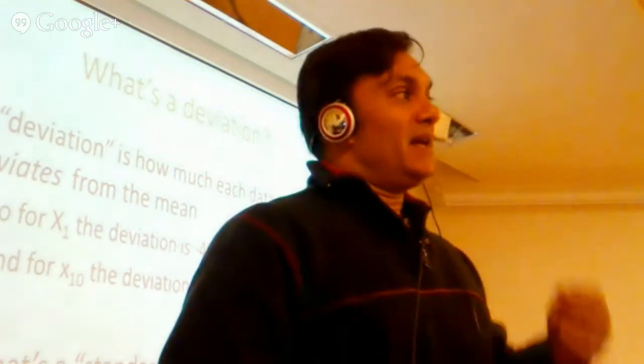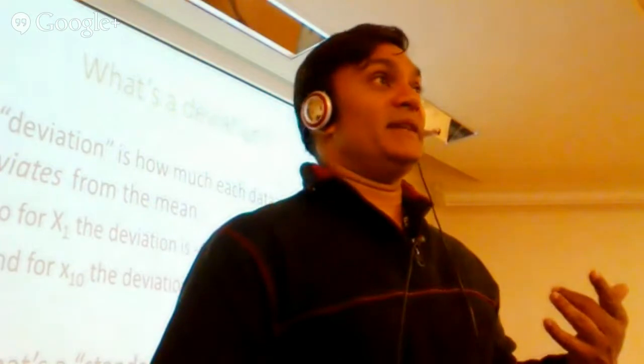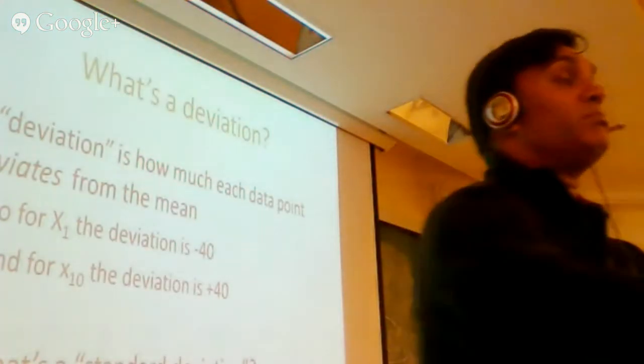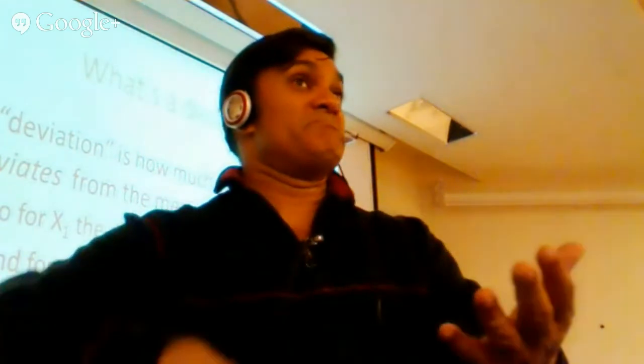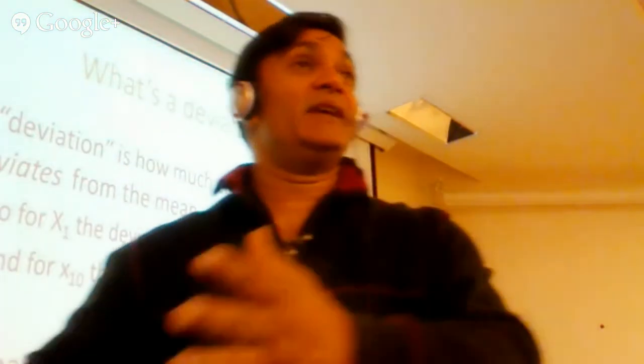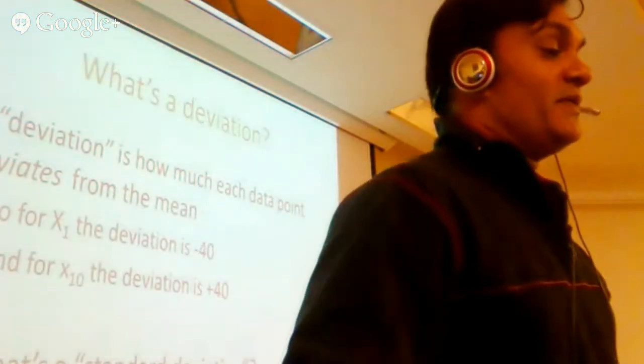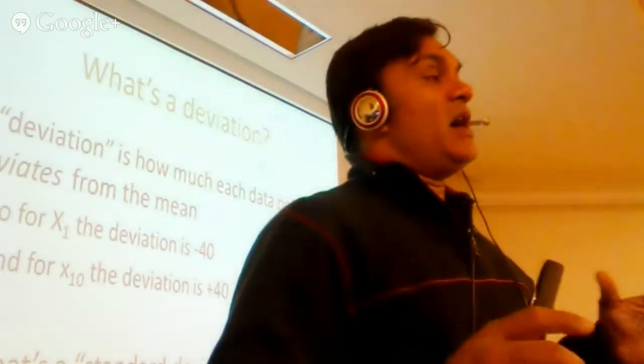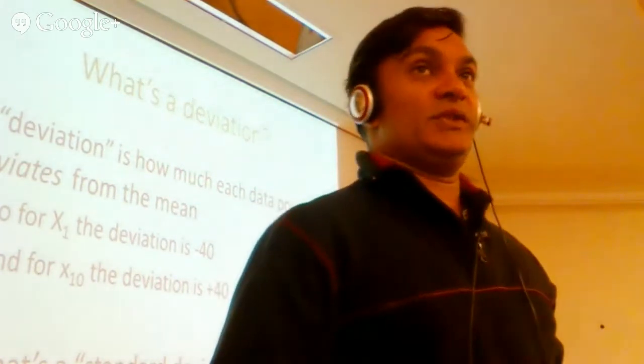Because each data point has a different deviation from the mean, we're looking for a way to estimate the typical deviation. Now, if you're thinking creatively, you realize that by computing all these deviations, I have another data set now. I have my data set full of weights, but now I've got a data set full of deviations. And maybe that data set full of deviations is also normally distributed. Maybe there's a mean to that as well, and another deviation. Yeah, it's true. We can go on forever. That's part of the magic of all this. So what we're looking for here is some kind of measurement of the typical deviation in my set of weights